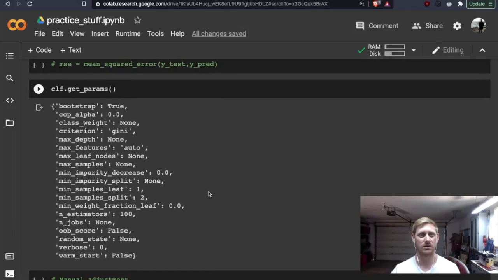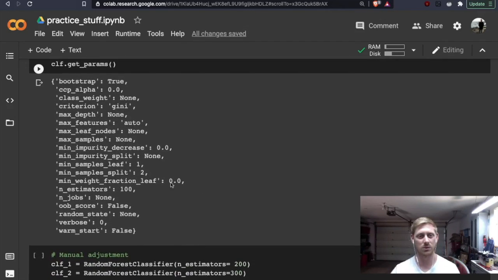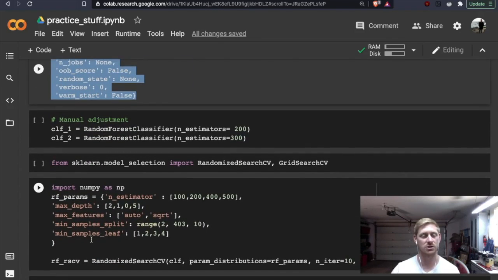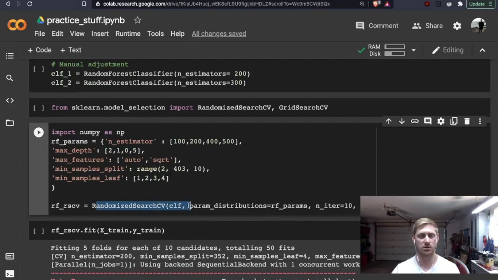In essence, the reason that we'd want to identify what our parameters might be is so that we could tune the hyperparameters in a dictionary, and then use RandomizedSearchCV to randomly select values within each of the parameters that we could choose between.